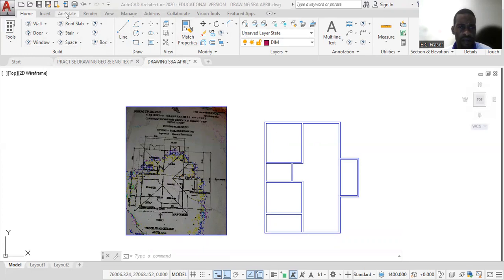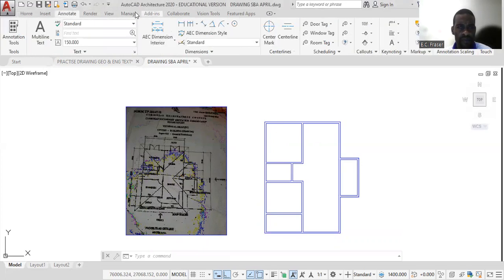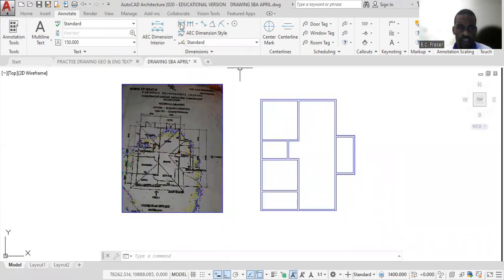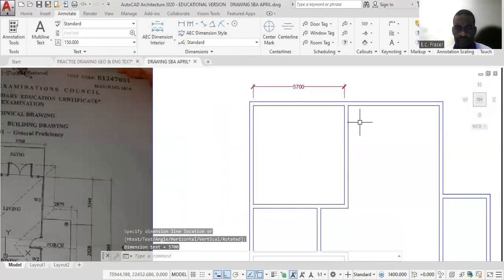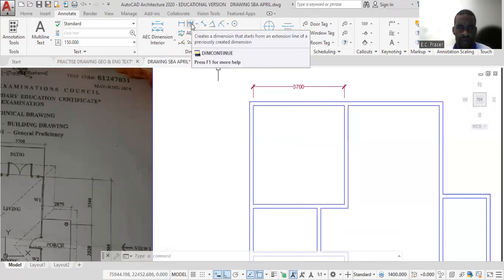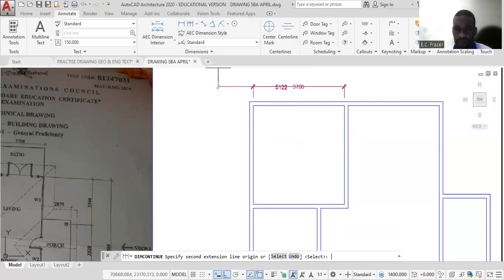Once you have done that, click annotate. Go up to linear, start dimension. Left click here, left click there, then drag up for the first one. Next step is to click continuous, then click from in to in, enter,